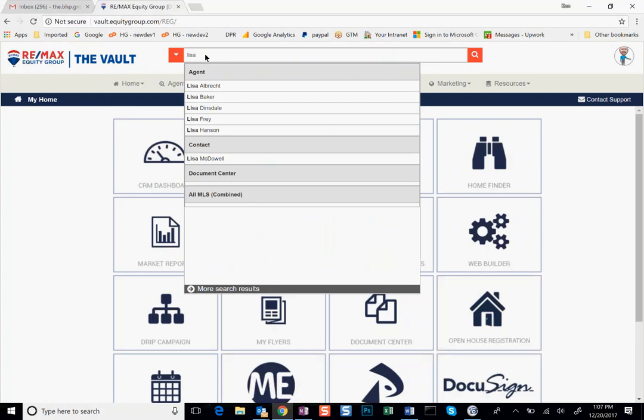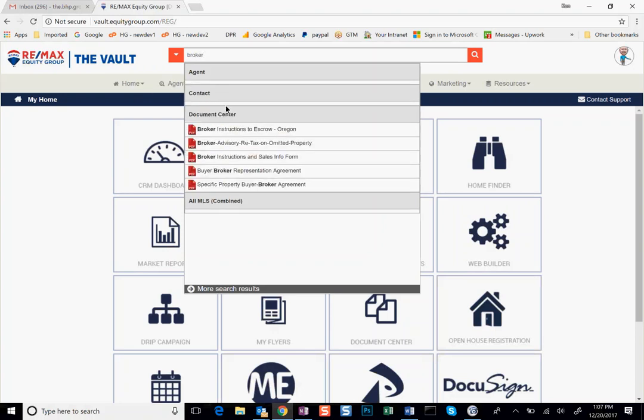If I start typing in the name Lisa, I get other agents within the platform named Lisa. And by platform, I mean within Equity Group, right? I get a contact as well. Let's say I'm looking for something that's specific to the document center. I start to type in broker, and I get a bunch of broker instructions, broker sheets, different PDF forms in